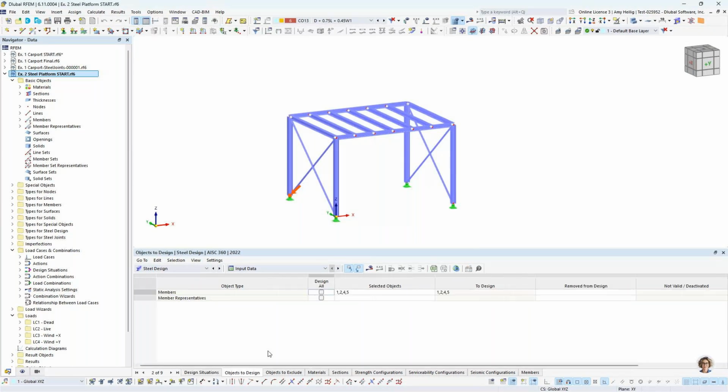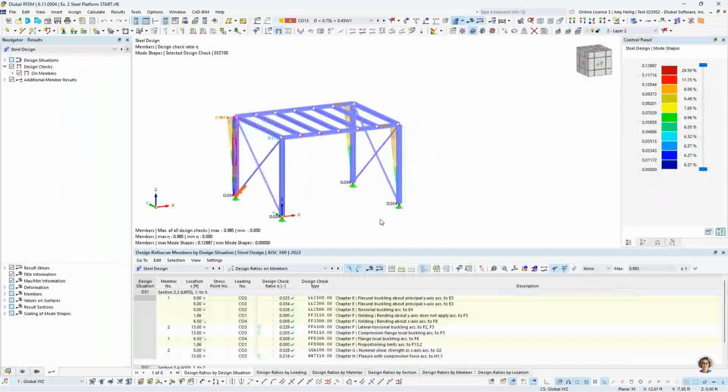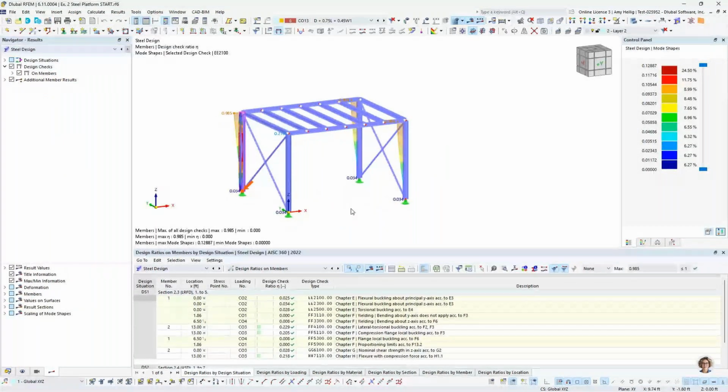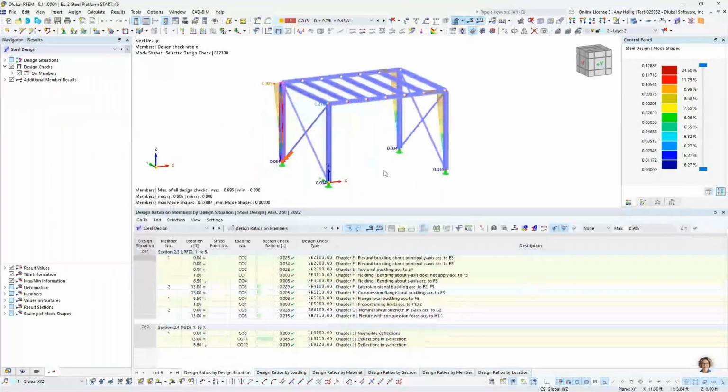Under the objects to design, I'm only going to design these 4 columns. So I've just graphically selected them here. I'm not designing any of the other members at this point in time. So when we run this calculation, we do get the results immediately shown here. And this is an overall envelope summary here of our 4 columns for our strength limit state design and our